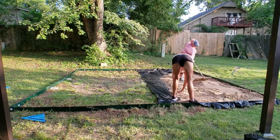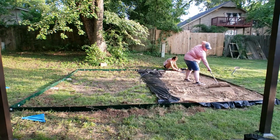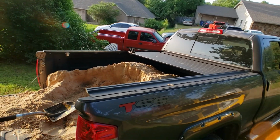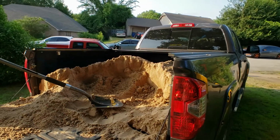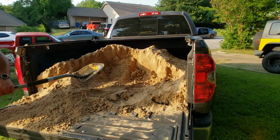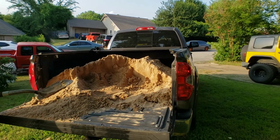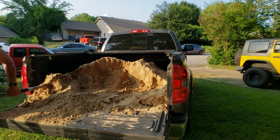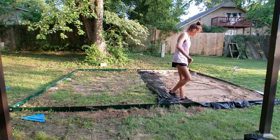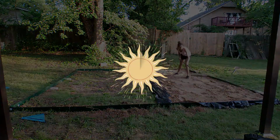We knew we would need 2 to 3 inches of depth in the sand, so we used an online tool and figured out that we needed somewhere between 2.5 and 3 cubic yards of mason sand. This is partway through scooping out the first truckload, and we ended up needing 3 truckloads to fill in the square. At this point, we had the first load of sand completely unloaded and decided to call it quits until